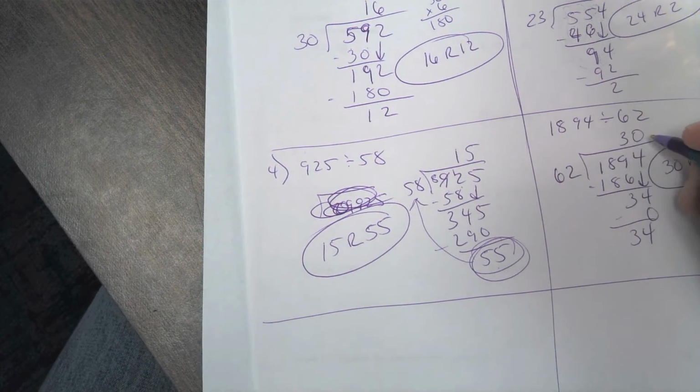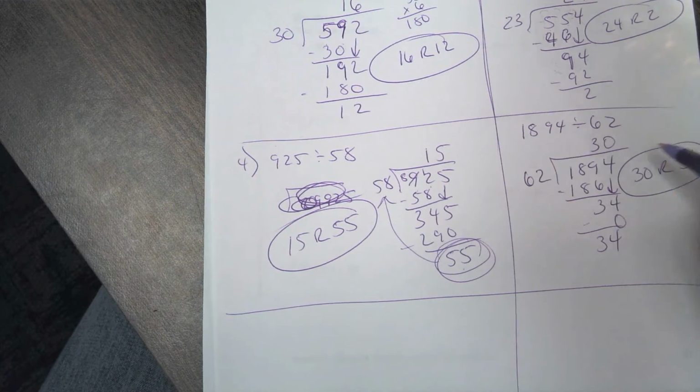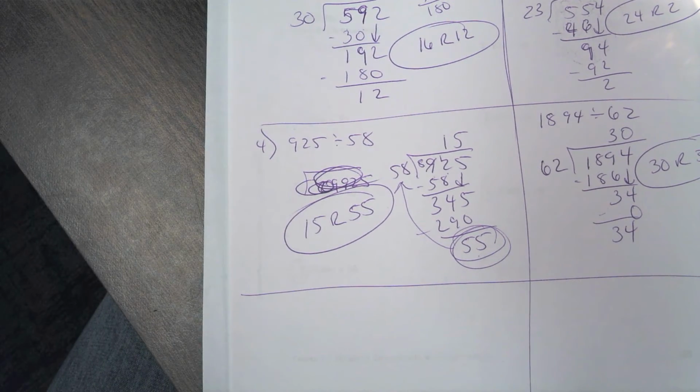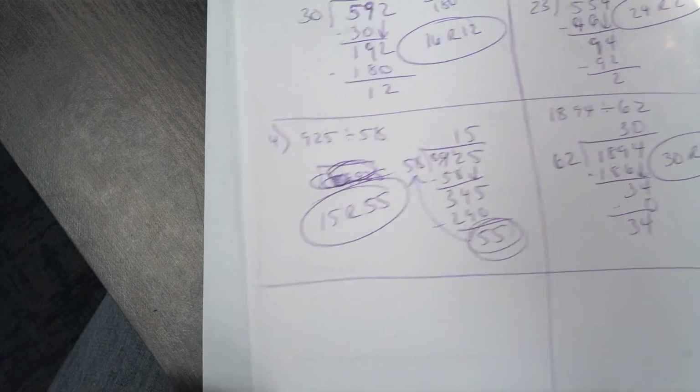The reason I have to put that 0 there is because 3 times 62 will not equal 1,894. It doesn't make sense. 30 times 62 does. So you got to make sure the number makes sense too. All right, so then the next one,